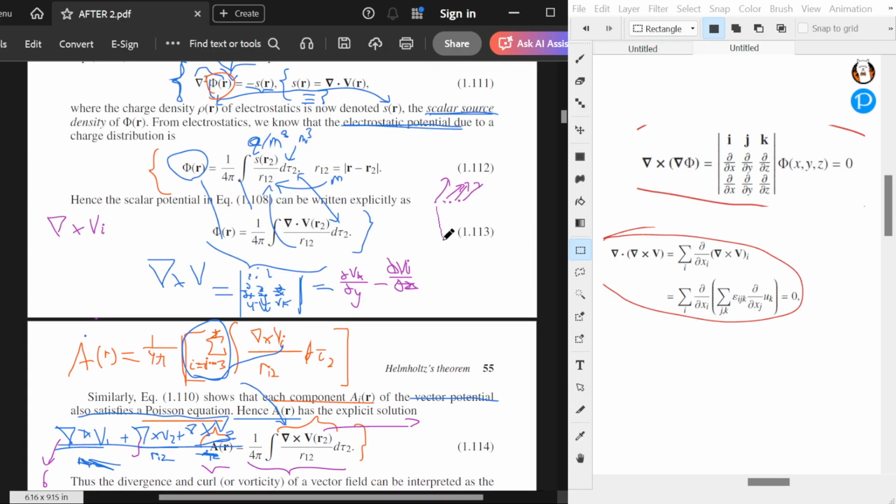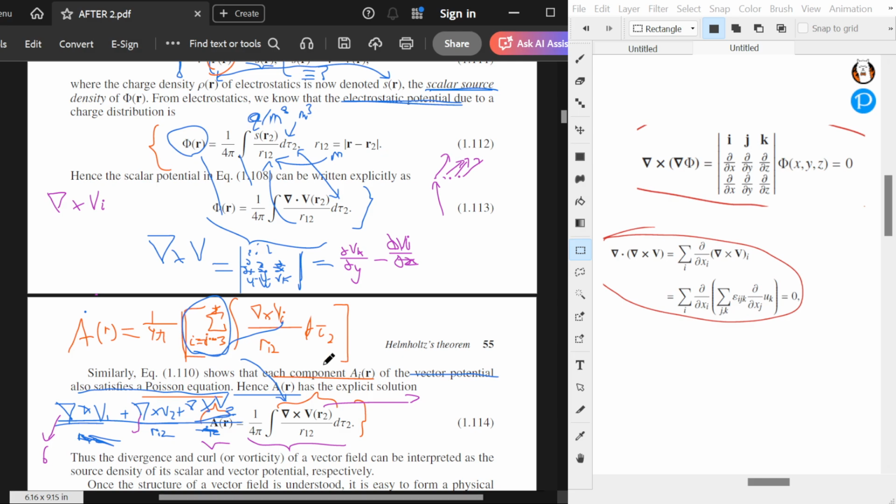V(R2) specifically means 1 point, and it has 3 components. Does it? Yeah. The 3 components are just the unit vectors multiplied by the magnitude, of course. Okay, so V_i is just a unit vector,